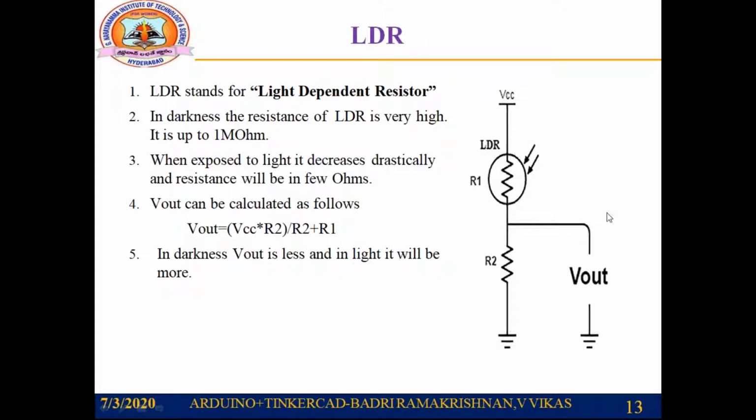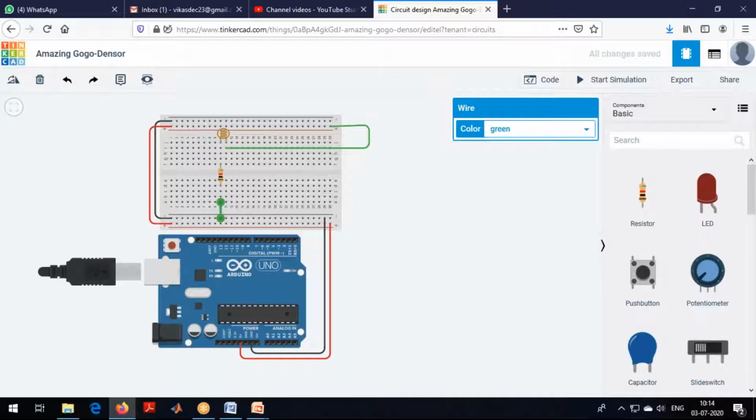The only thing is, whatever connection I give first, like connecting the resistor to VCC and LDR to ground, in such a case we have done some calculation, right? When light is there, voltage will be more; when light is not there, voltage will be less. Here you will get the reverse. When light is not there, you will get more voltage. When light is there, you will get less voltage. That's the difference, depending on where we are connecting.